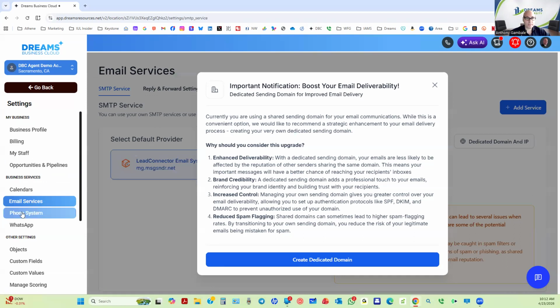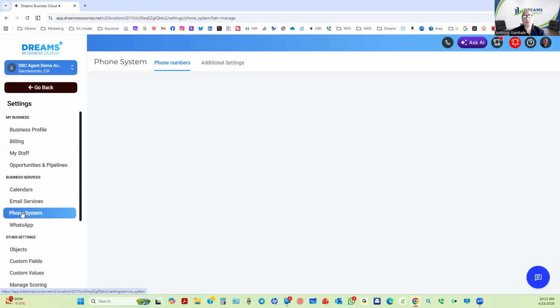Phone system. This is where you start the process of the A2P. Okay, this is a demo account, so let me see if it'll show anything. Probably not, but there'll be a button here that says get a phone number. Let me see if it'll show on my